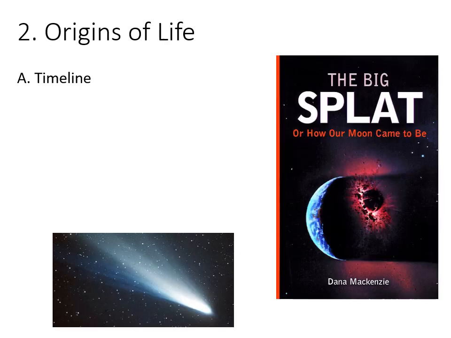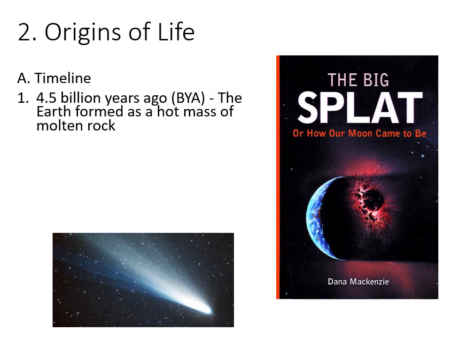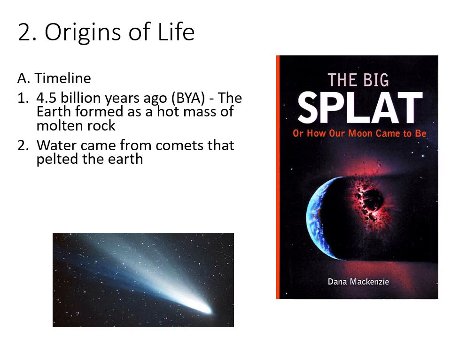All right, so the timeline of life. We won't go all the way back to the Big Bang Theory, which has recently taken on some different developments, but the Earth itself is about 4.5 billion years old, and it formed from a hot mass of molten rock. Water came to the Earth shortly after being formed in the form of comets. If you've ever seen a comet in the sky, it has this large white tail. That is ice. Enough comets hit the Earth, tons and tons of comets over millions of years, that accumulates into water on the Earth.